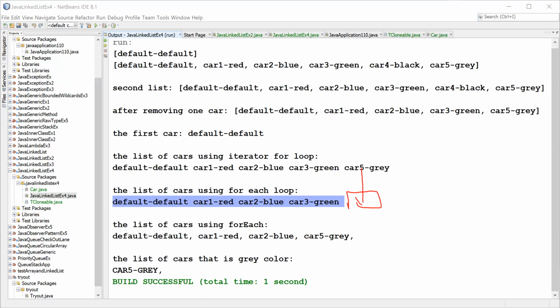It's a stop. The car 5, is it? Didn't loop through the end, is it? So the loop is terminated, is it? Yeah, so over here it shows if you use that regular for each loop, if you do some removing or